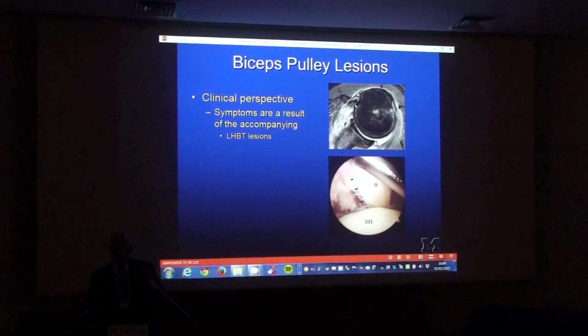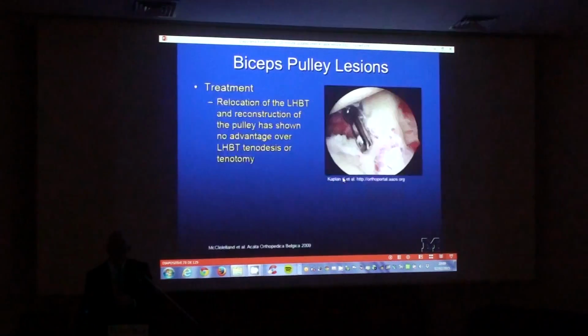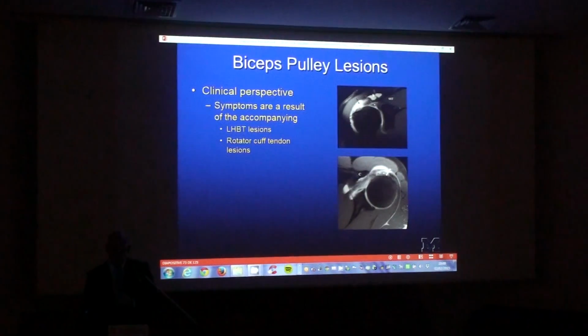Now, from a clinical perspective, again, as I've said, it's a difficult diagnosis of pulley lesions because there's often accompanying elongate biceps tendon tears or tendinopathy. Here's an example, axial T2-weighted sequence, subluxation of the abnormal-looking biceps, corresponding arthroscopy, partially torn biceps, and that's where the symptoms will come from. In addition, oftentimes there are associated rotator